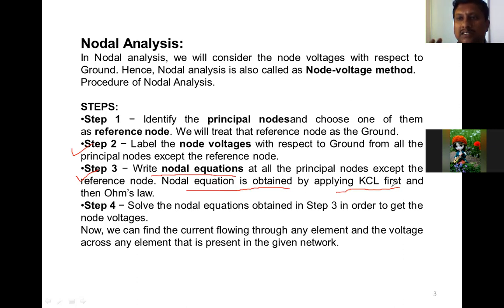The voltage difference divided by the resistor gives the current. For that purpose we need Ohm's law, so Ohm's law is needed for replacing the I. Like this, I will take as an example V1 and V2: V1 minus V2 divided by some resistor value connected in between these 2 points. So I you can replace by voltage difference divided by resistance. So this is called what? Ohm's law.